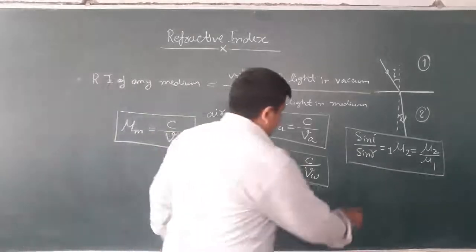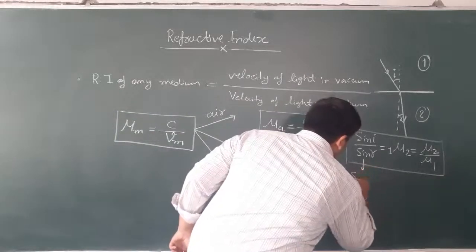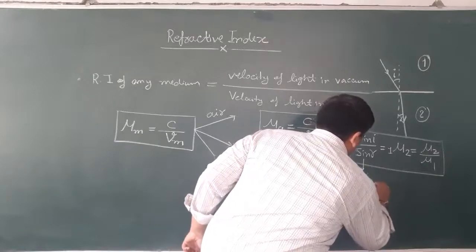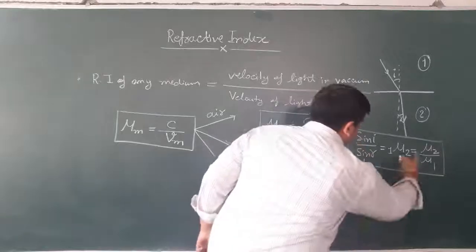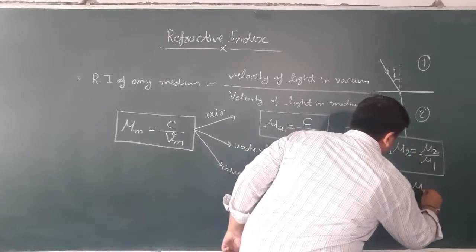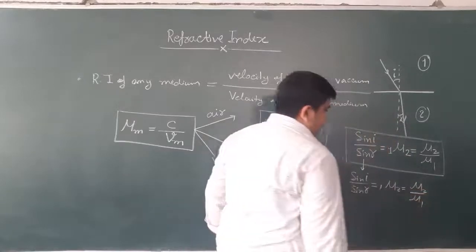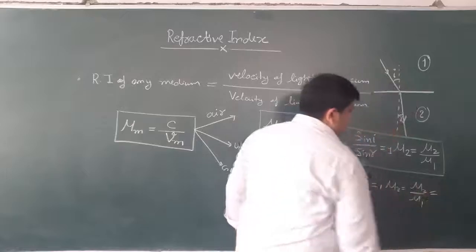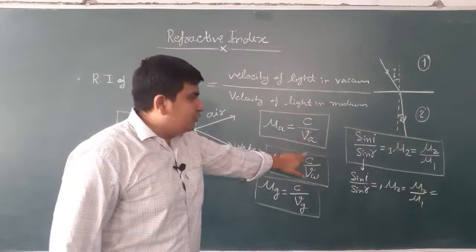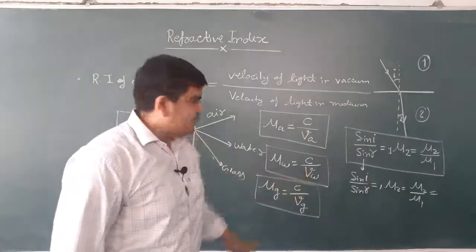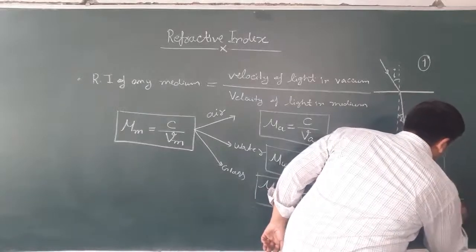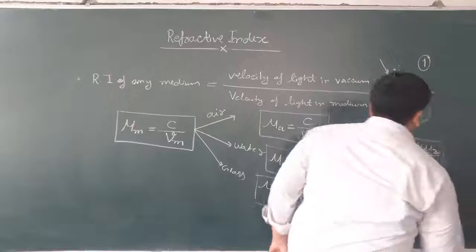It means this equation can also be written as sin I by sin R equals mu 2 with respect to 1, which equals mu 2 over mu 1, and equals C upon V2 divided by C upon V1, which results